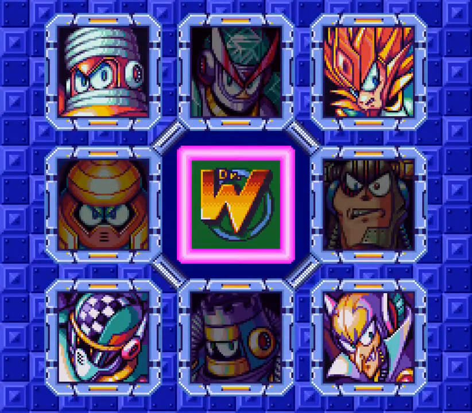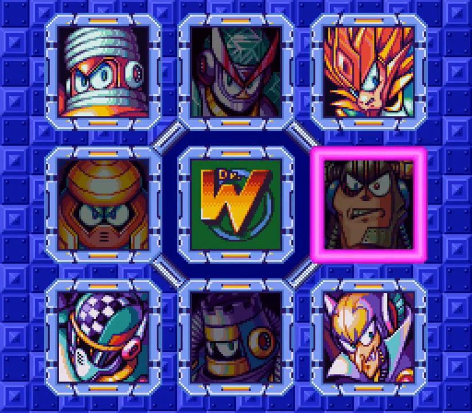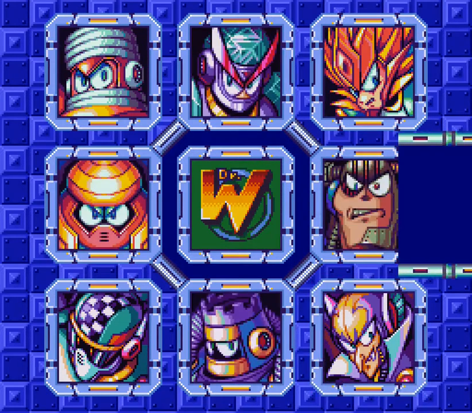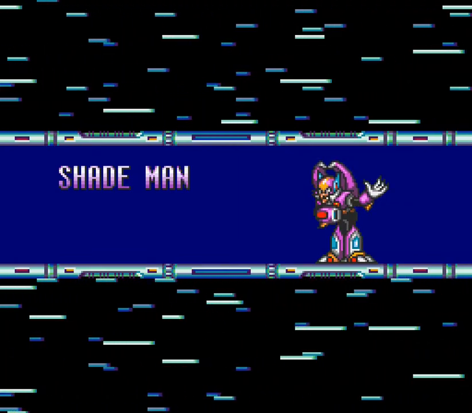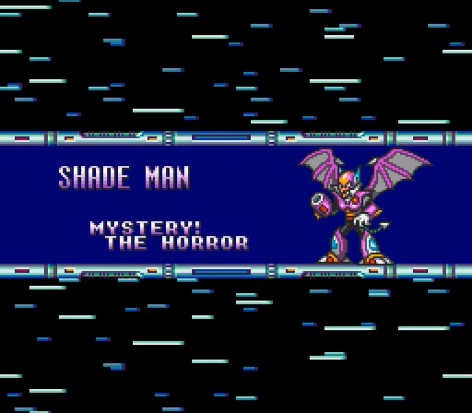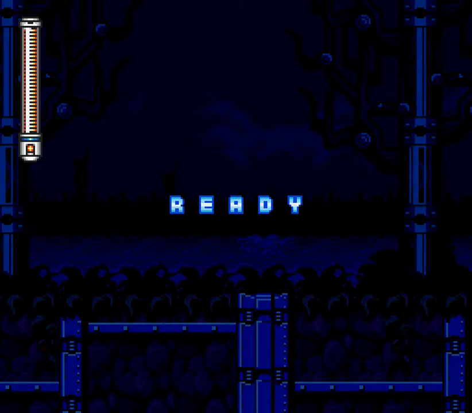So before we begin, make sure to be holding the B button as you select Shademan Stage for a nice surprise. That's not the usual start theme. Also, mystery, the horror. But anyway, yes, if you're holding the B button when you start this stage, you'll get